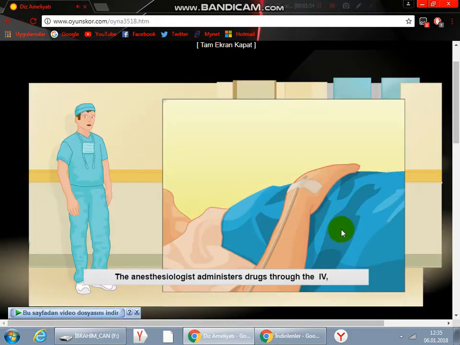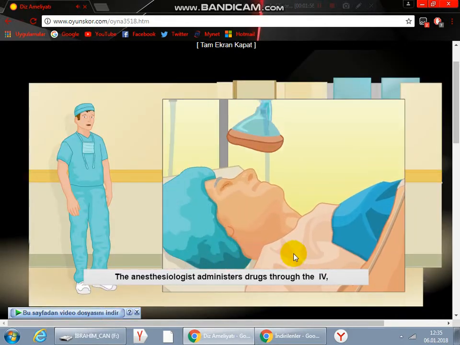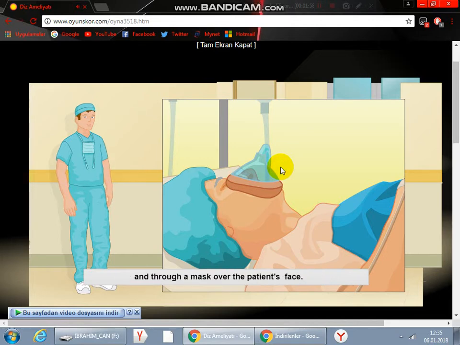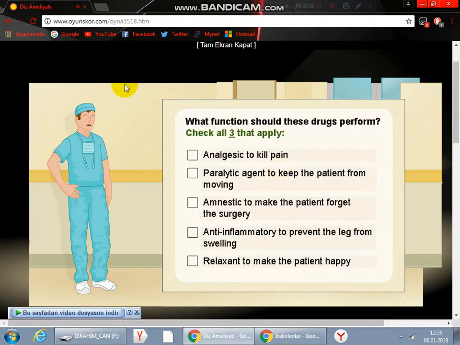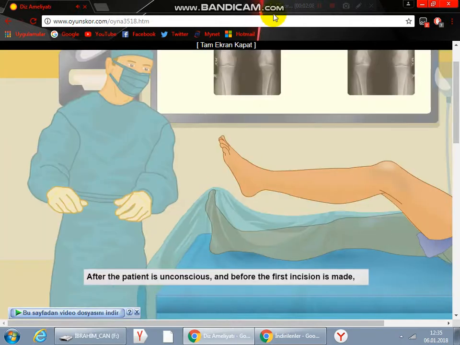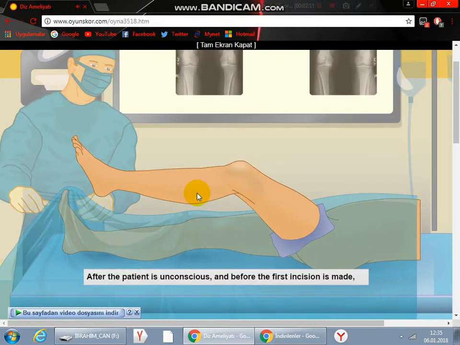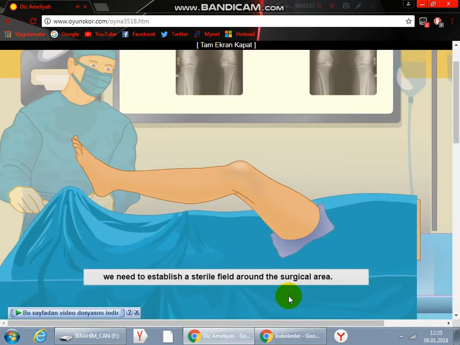The anesthesiologist administers drugs through the IV and through a mask over the patient's face. What function should these drugs perform? Great. Fantastic. After the patient is unconscious, and before the first incision is made, we need to establish a